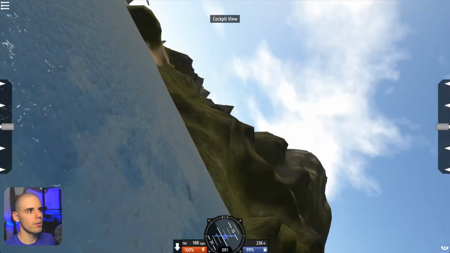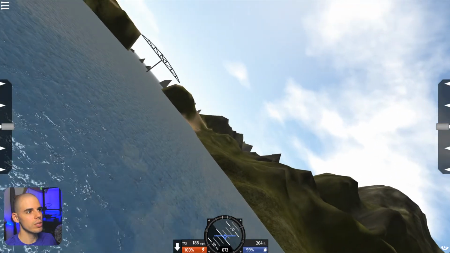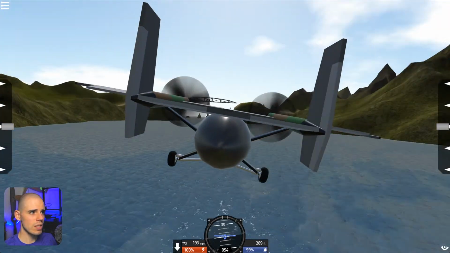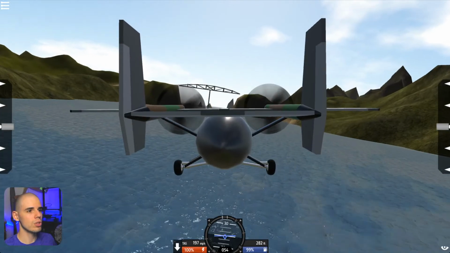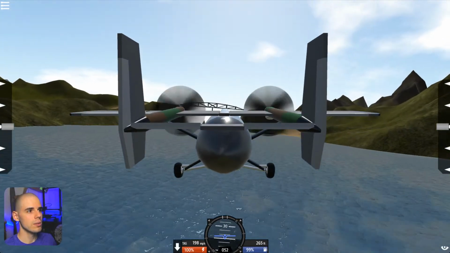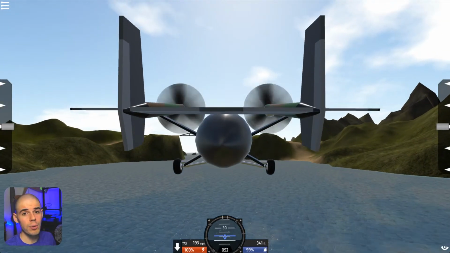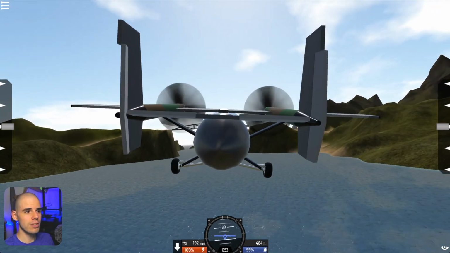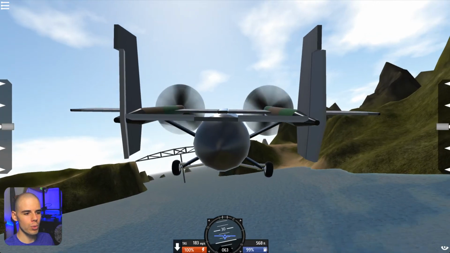We'll do a little fly around, maybe fly through this bridge, and then we'll try and land it. That's the other thing. We have to figure out how slowly we can land it, which we could do in the air, but that's not as exciting, so we're going to do it when we're actually trying to land. Actually, this thing seems like a good off-airport type of landing